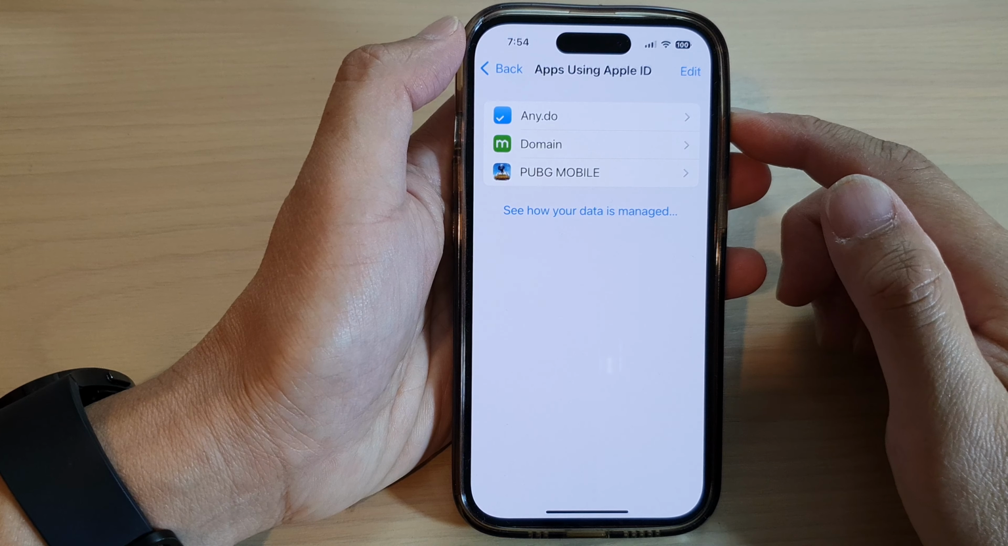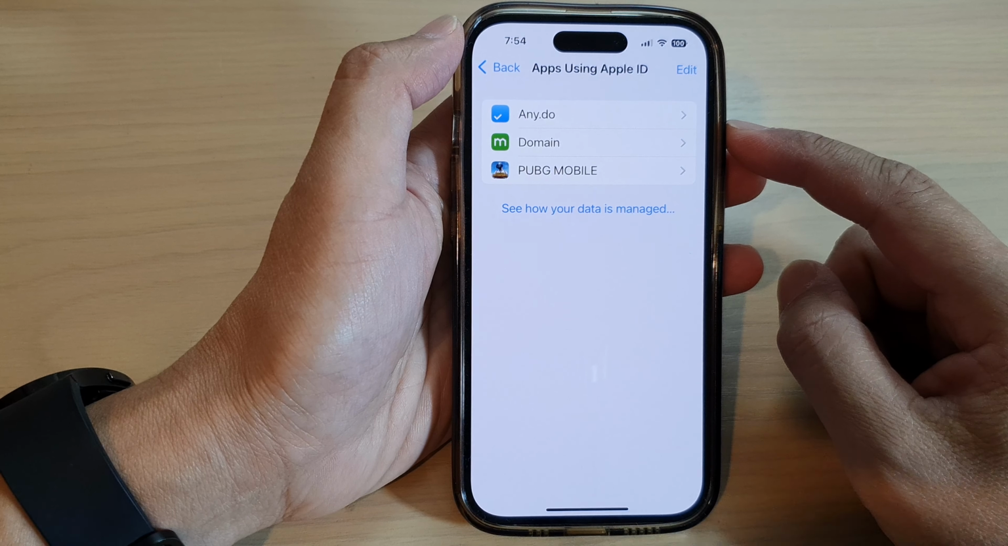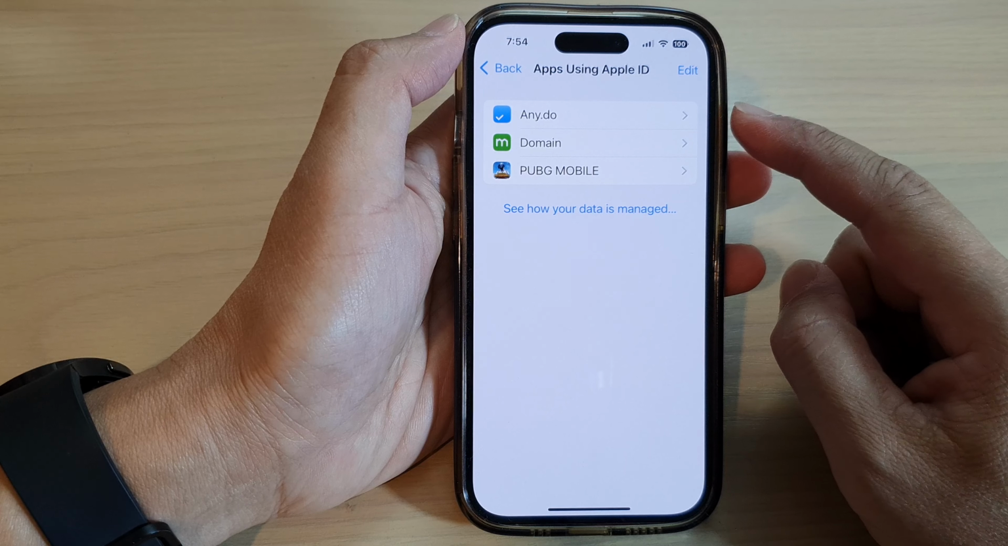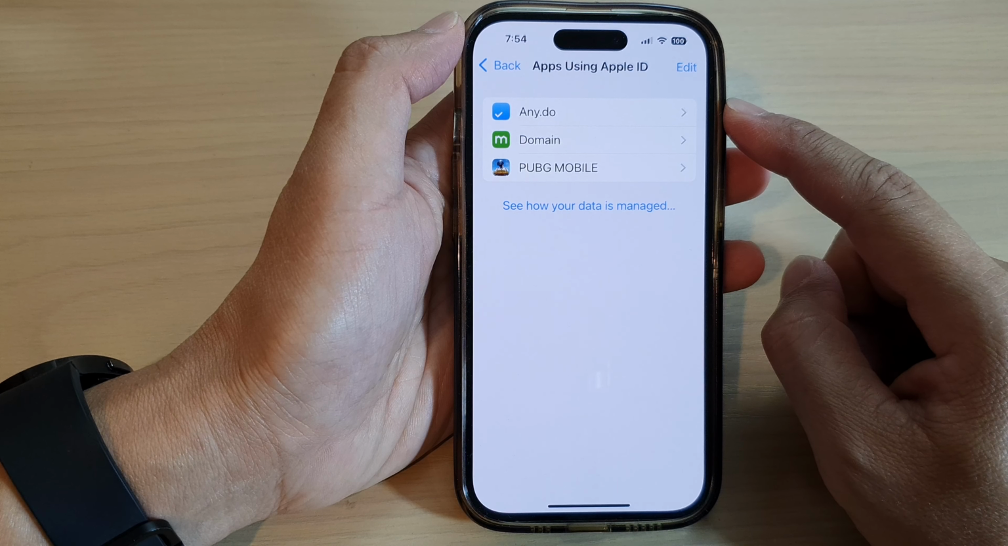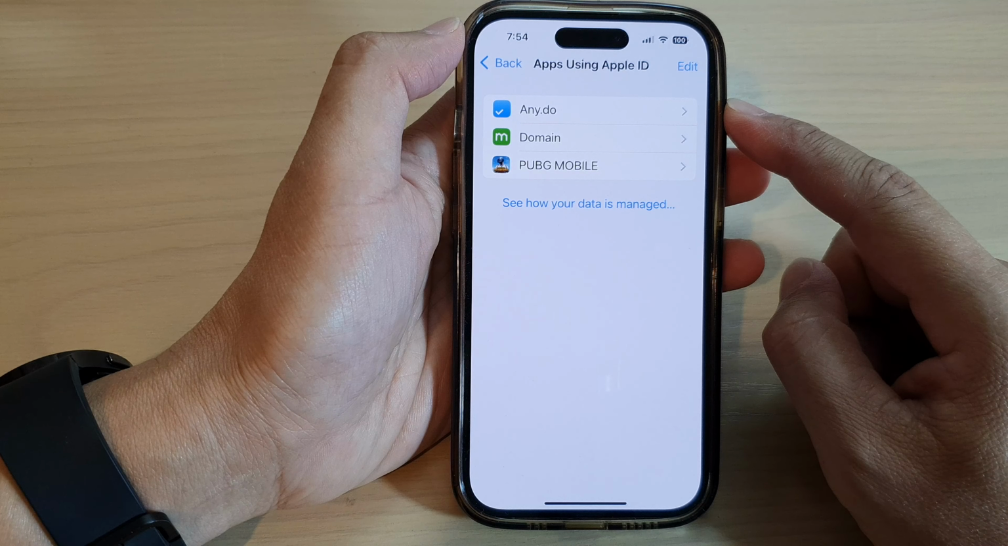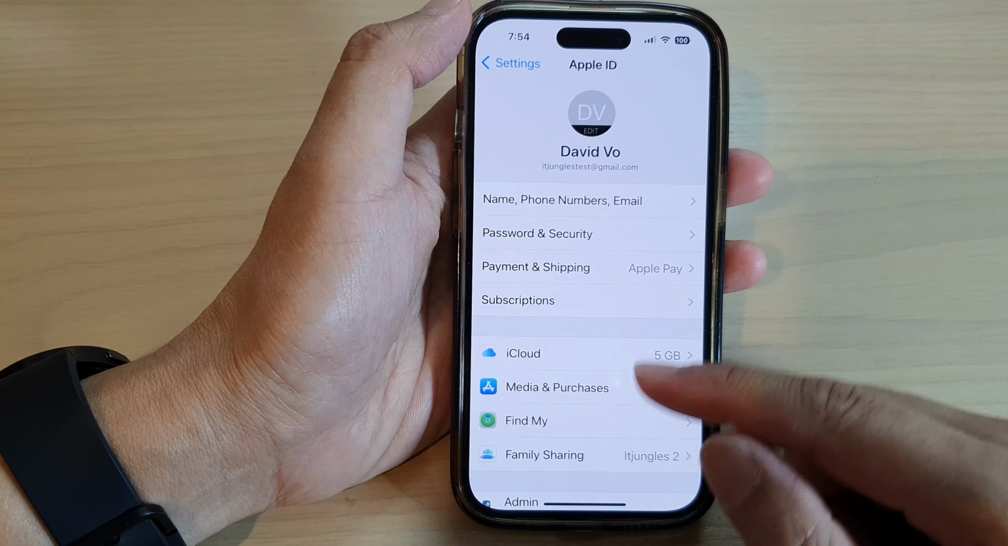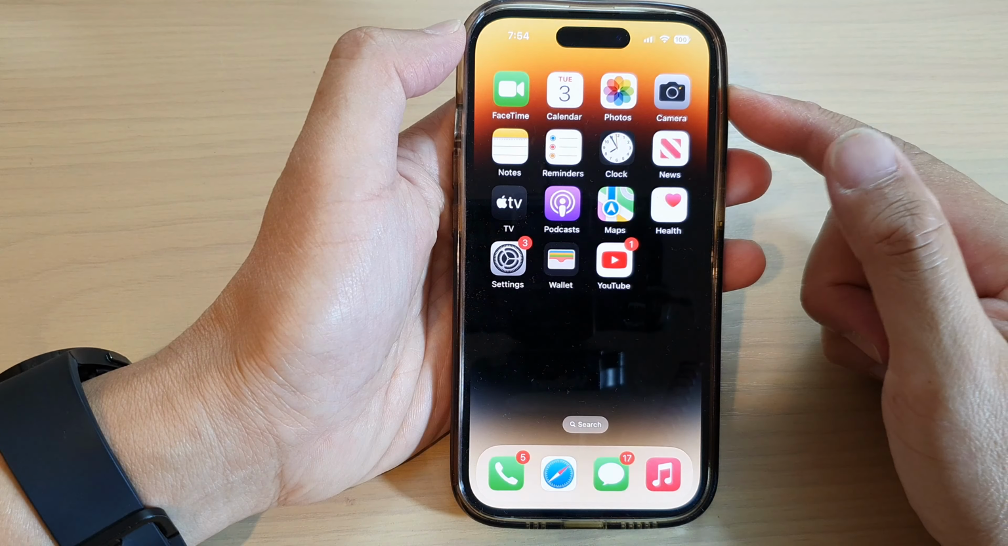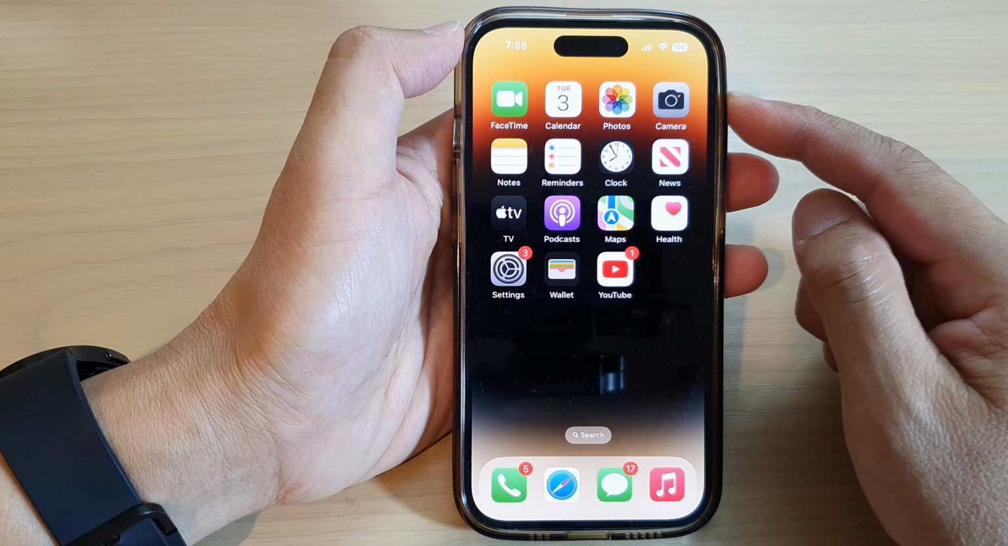Hey guys, in this video we're going to take a look at how you can stop apps from using your Apple ID to sign in on the iPhone 14 series. First, let's go back to the home screen by swiping up at the bottom of the screen, and on the